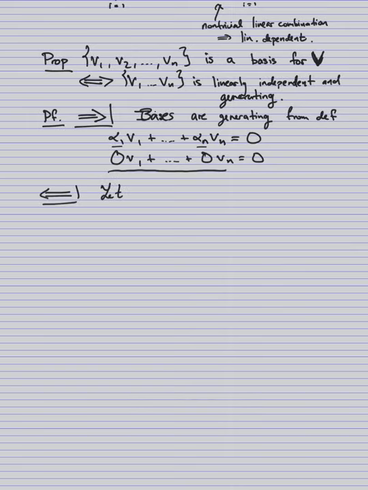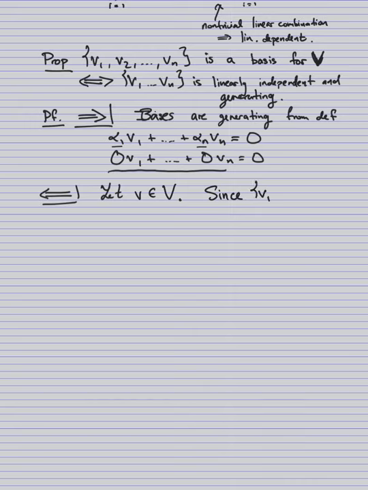We have to show that for any vector v in V, we have to find a linear combination of the v sub i's where v is equal to this linear combination, and we have to show it's unique. Okay, so since